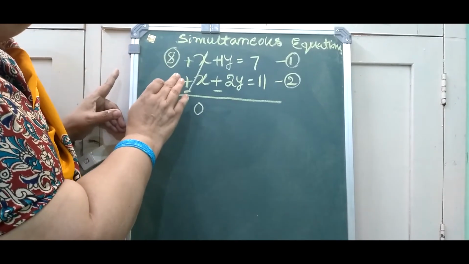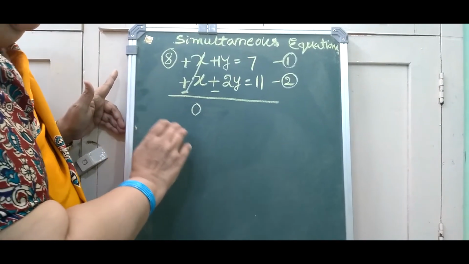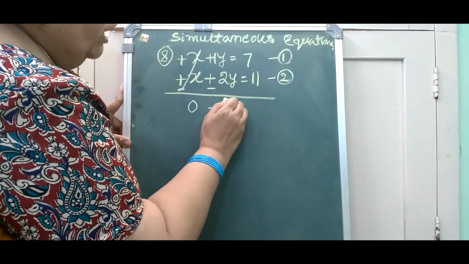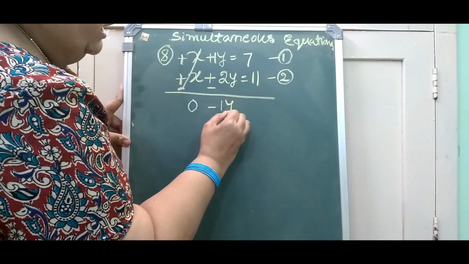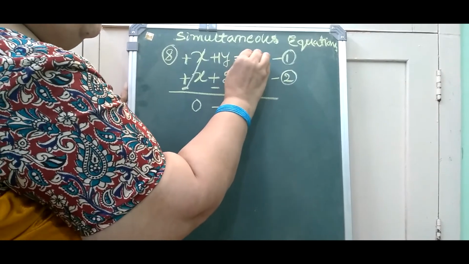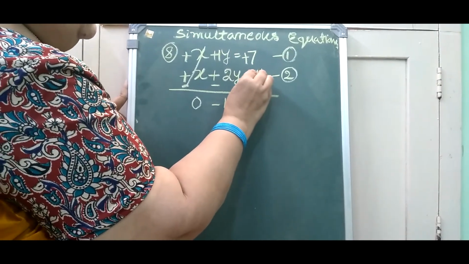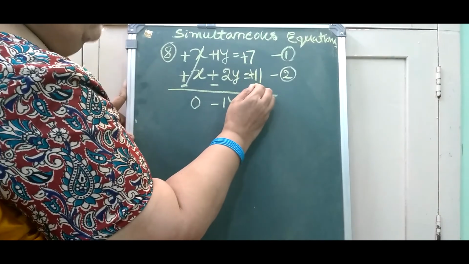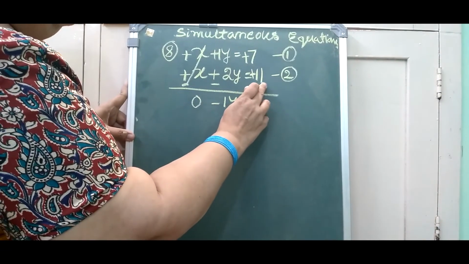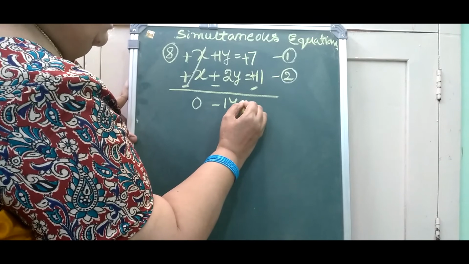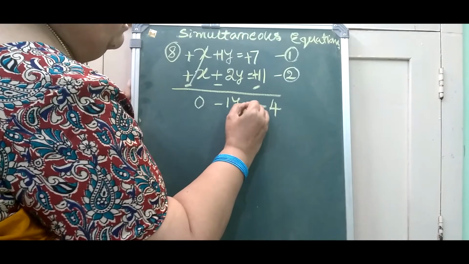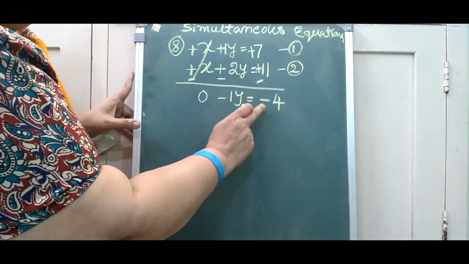We are subtracting the first equation and the second equation. So 1y and minus 2y. 1 minus 2 will be minus 1y here. This is very important. Don't write it as simply 1y. Minus 1y. And here also on the right hand side, this is nothing but plus 7 and plus 11 was there previously. But while subtracting, it has become minus. So let us change the sign here. So minus 11 and plus 7 will be equal to minus 4. We should be very careful about the signs here. Minus 11 and plus 7 is minus 4.